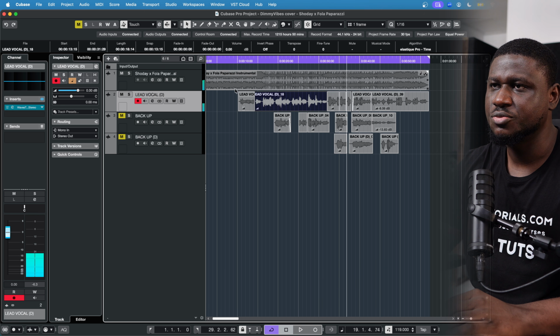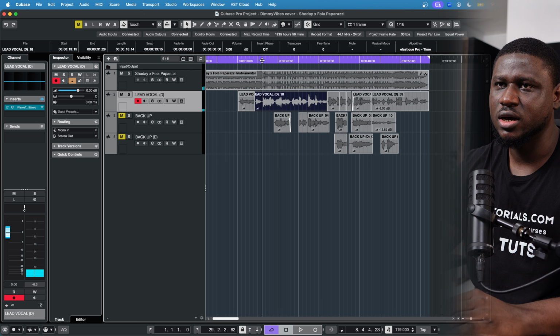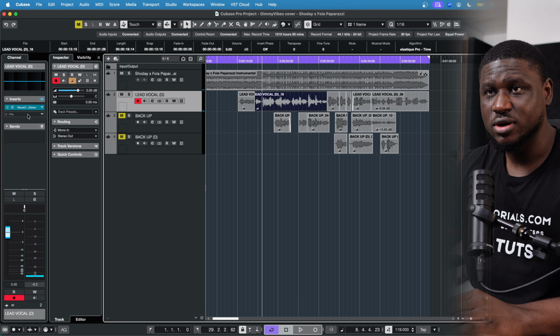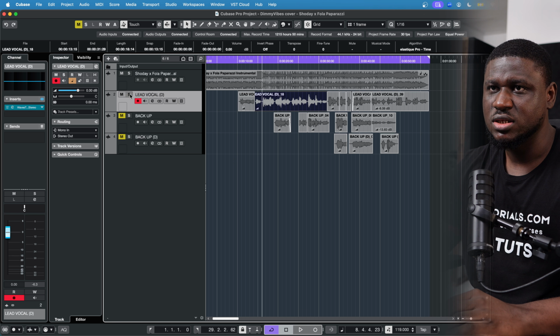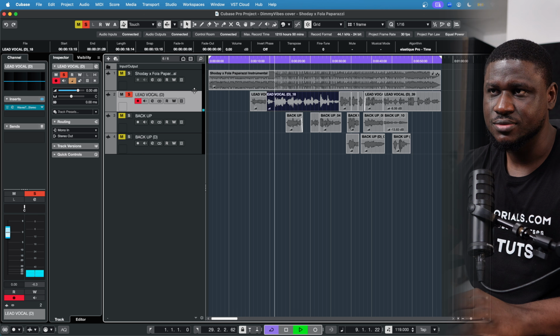All right, so I think that's sounding pretty good, and that's pretty much that for tuning the vocals. Then the next thing we have to do is clean up the vocals. Now, if you notice, the vocals have some background noise and some distortion to it from while we were recording. So this can be fixed. So if we listen,